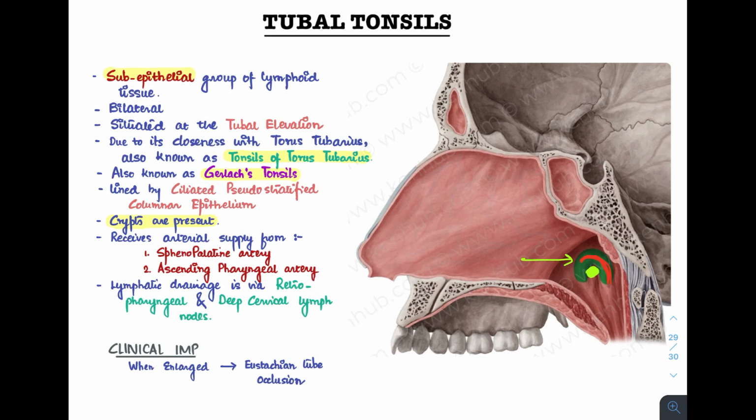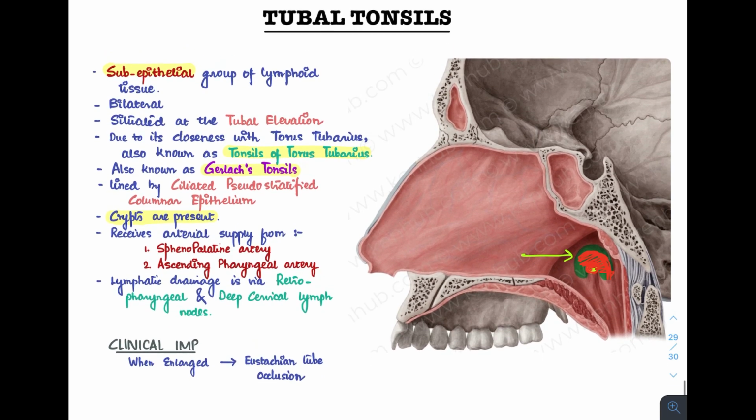An important clinical point about this structure is that when it's enlarged, it causes eustachian tube occlusion. As you can see, this was the eustachian tube opening. If it enlarges, it will cause the occlusion of the eustachian tube, thus leading to problems like chronic otitis media. So we have covered all the structures of the Waldeyer's ring, which are the adenoids, the palatine tonsils,